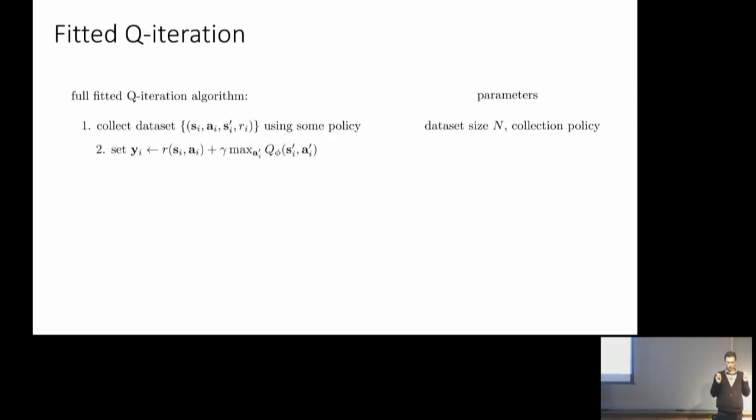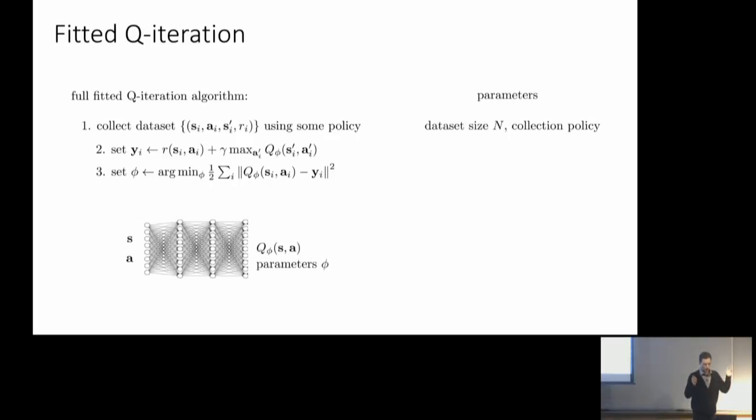Then you're going to compute target values. This is very similar to what we did when we trained the critic. You have to go through your entire data set and compute these target values y, which we're going to do now by taking the reward of that transition plus gamma times the max of the Q value at the next state, right? So that's that max that we had on the previous slide. And then we're going to set our phi to be the argmin or the approximate argmin of this mean squared error regression objective. So this could mean just run SGD to minimize mean squared error to train the parameters of your Q function to regress onto those target values.